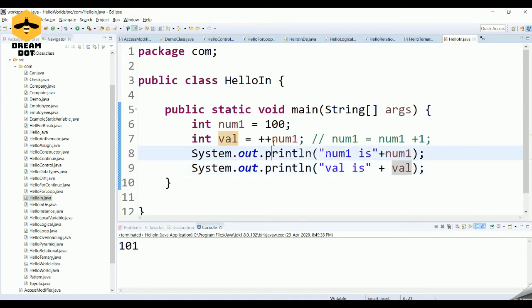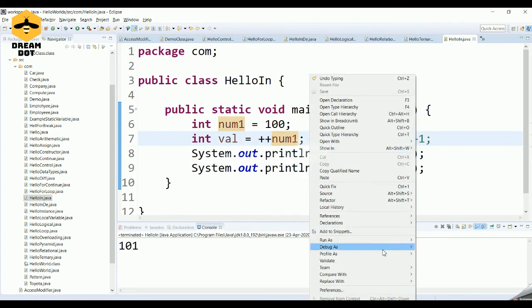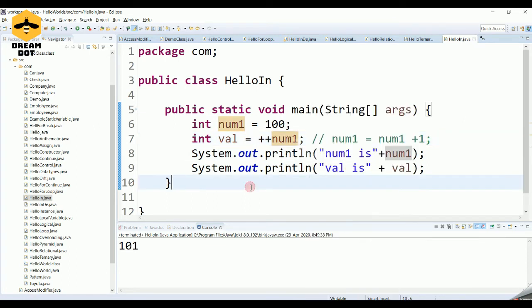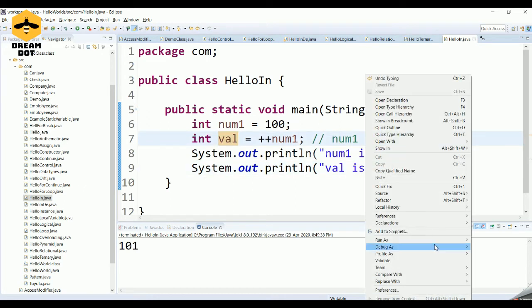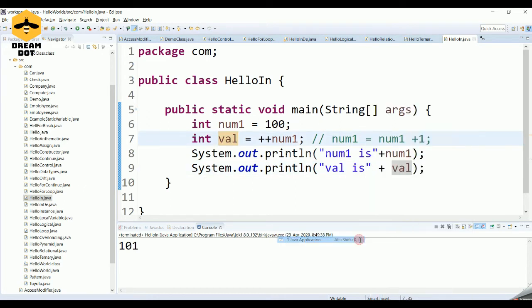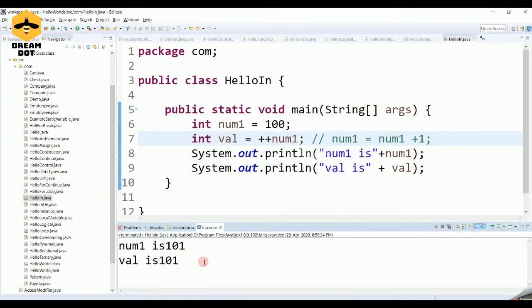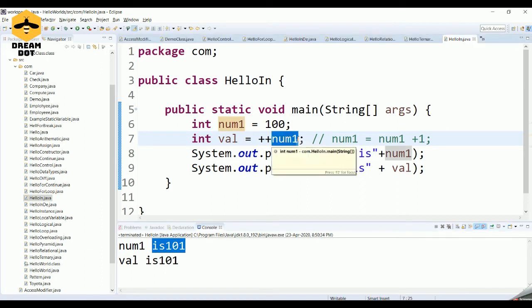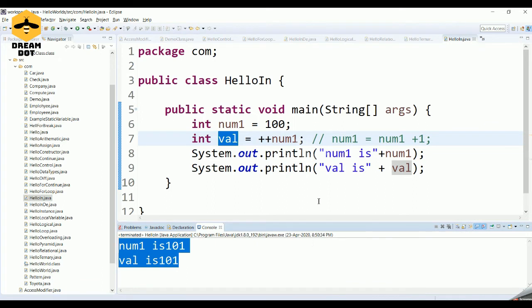Okay, so now let's run this program. Your expectation will be that num1 has got incremented, so num1's value will print as 101, and val, we are assigning the same value to val, and it should also print as 101. Let's check what is happening. Run as a Java application, and yes, your assumption is right. Both the values have become 101 because num1 has got incremented and the same value I am assigning to val, and both the values are 101 right now.